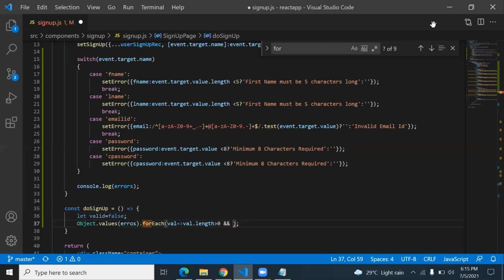And here you check valid, you write valid is equal to false. Valid is by default true, meaning everything is correct, then no problem. But if the length is greater than 0 and the valid is false, then what?